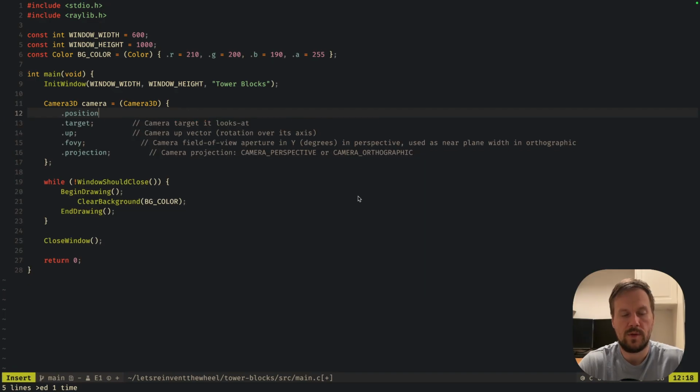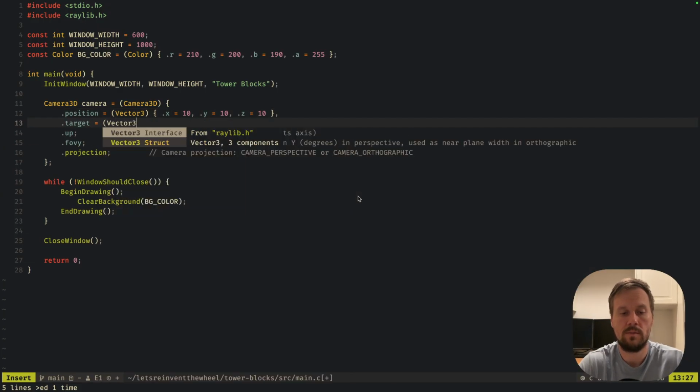So our camera position, right? It's a Vector3. We're going to put it somewhere like, I don't know, 10, 10, 10. So that's the position of the camera in our world. Target is where our camera is looking at. So we're going to be looking at the origin,